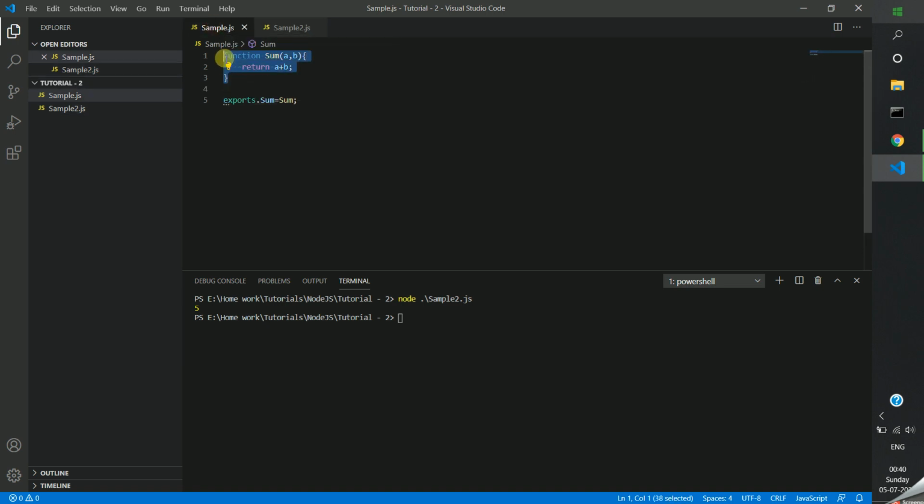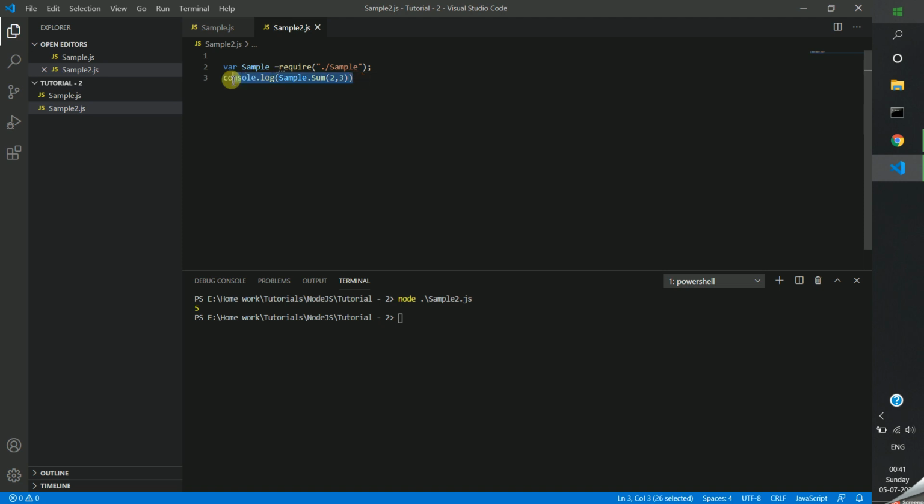Even if I declare one more function here called subtraction, I am not exporting this function. Let me try to access that one.